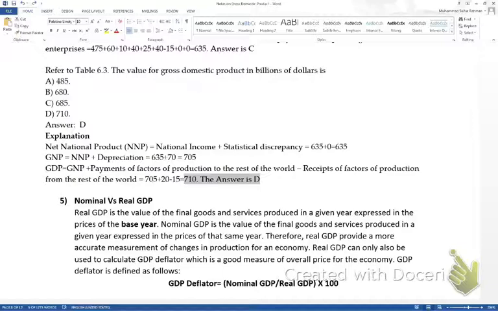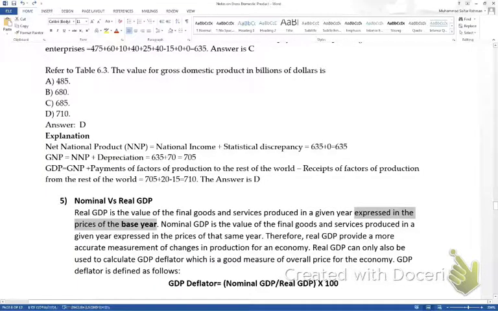So what we do in order to solve that problem, in addition to calculating nominal GDP, we also calculate a second concept called real GDP. Real GDP is very important because most of our macroeconomic comparisons are going to be based on the real GDP number. So what is real GDP? Real GDP is the value of the final goods and services produced within a given period of time in a given year. Notice that the definition looks identical, except that it is expressed in the price of a